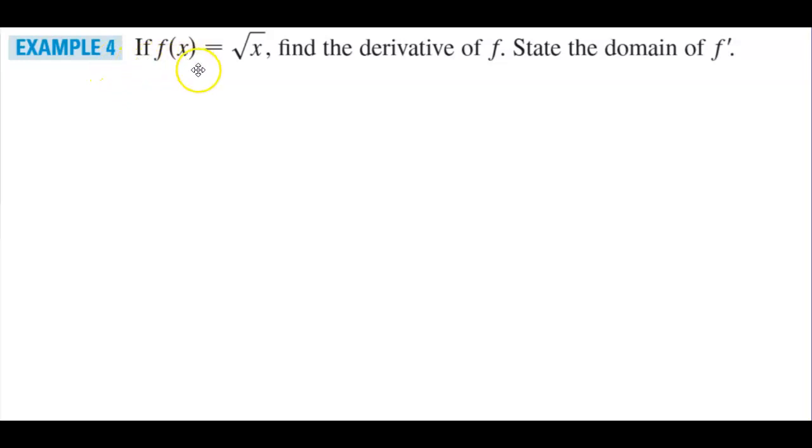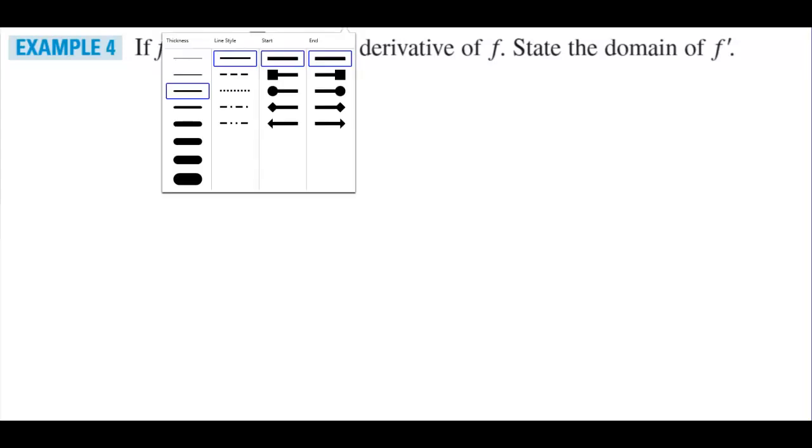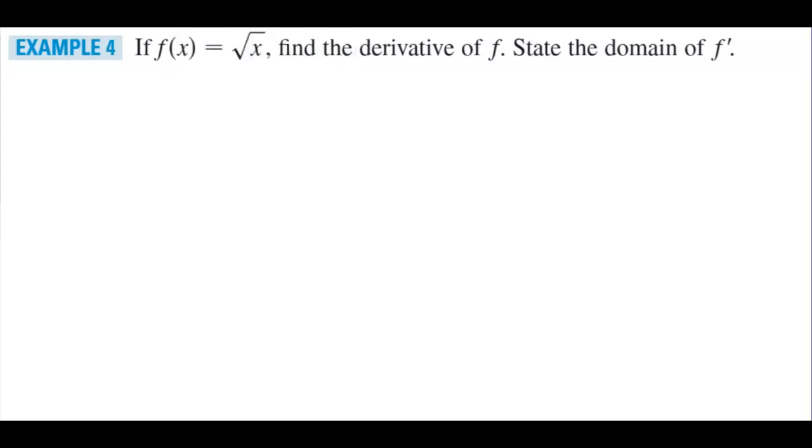Example 4, if f of x is equal to the square root of x, find the derivative of f and then state the domain of f prime. So what we're going to do is, again, we're going to use the definition that we know, which is f prime is the limit as h approaches 0 of that formula. So we want to find the limit